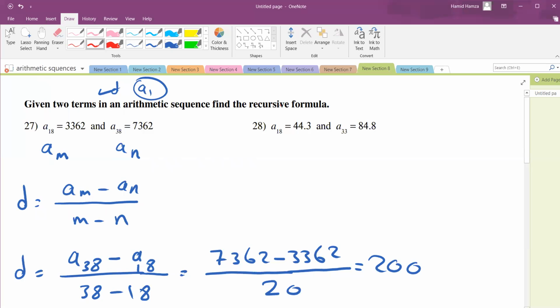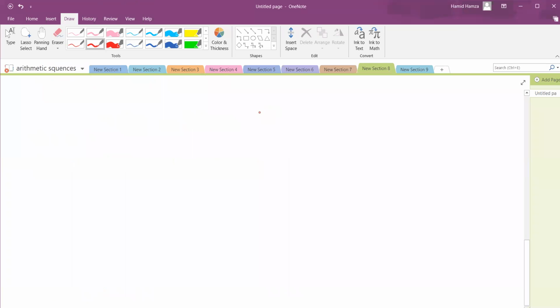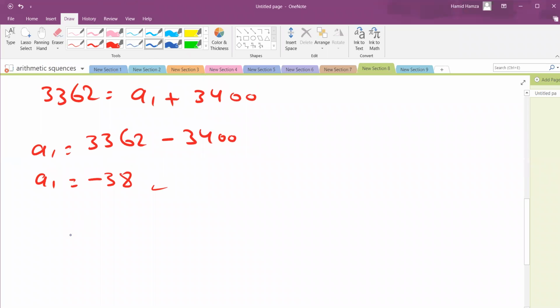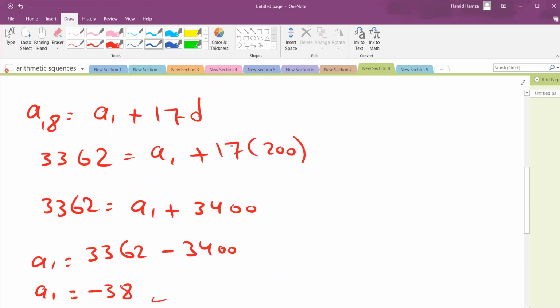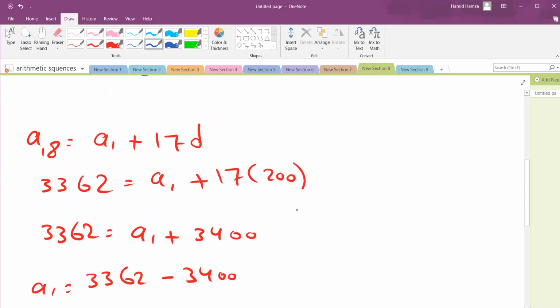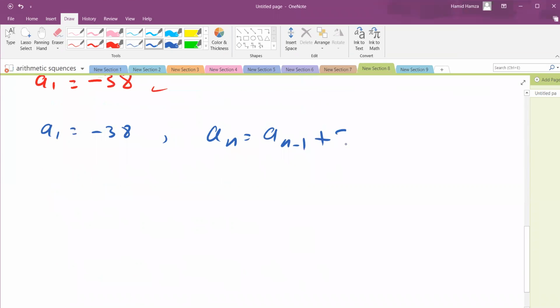In this question, he asks you to write the recursive formula. The recursive formula is very easy. It's written like this, stating A1. So A1 equals negative 38. And AN equals AN minus 1 plus D. So what is the value of D? It is 200. So plus 200. And N greater than or equal to 2. So this is